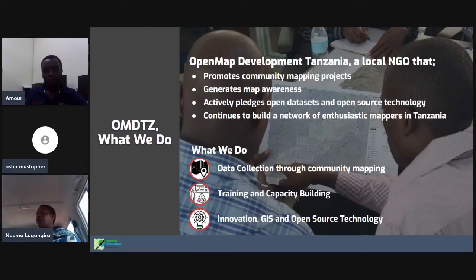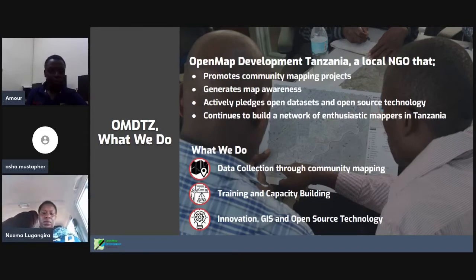The first level is at local levels within projects. Here we involve many people working within projects, like university students, and up to now we've been able to train many university students here in Tanzania, like University of Dar es Salaam, Sokoine University of Agriculture, and also IRDP Dodoma and IRDP Mwanza. Apart from training at these universities, we also do capacity building for different stakeholders like TAMISEMI, TARURA, and